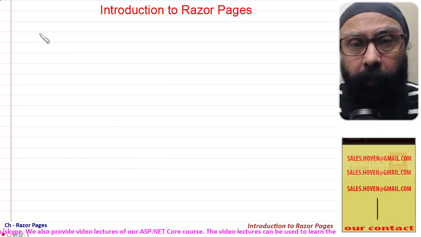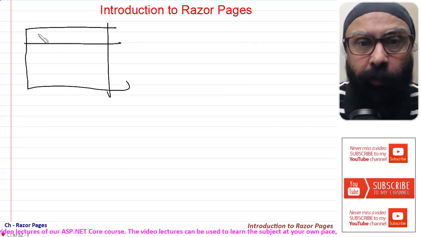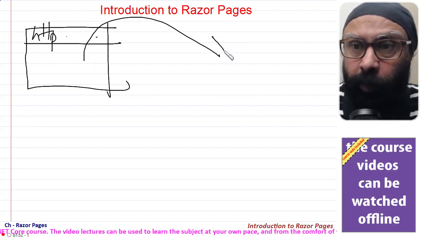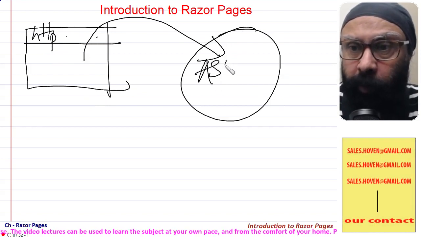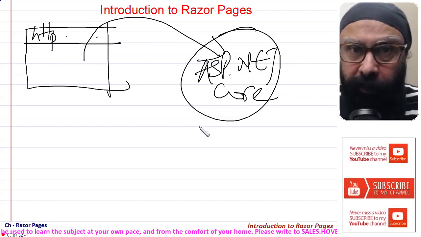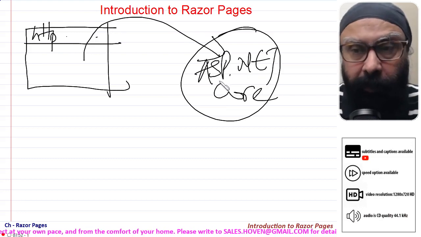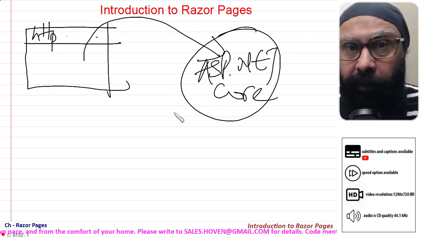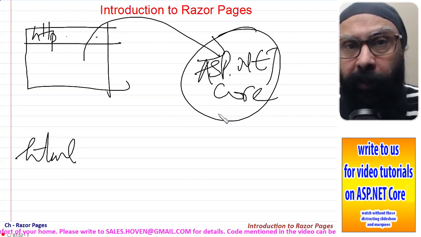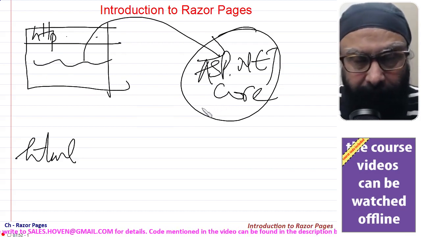So this is a browser. This is a browser where he types your address and the request goes to an ASP.NET Core server. And there your application is running. He has asked for some file from your server. If the file asked is a static file, if it is an HTML file, then the server can return that file simply and that file is displayed, no processing required.